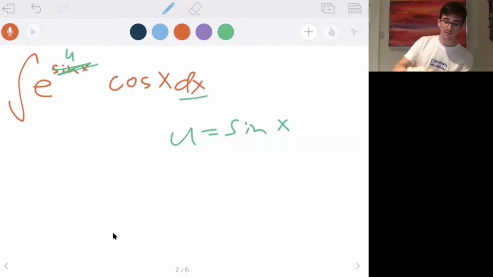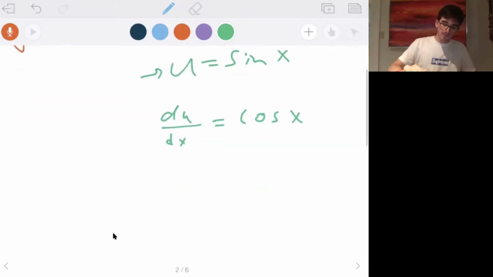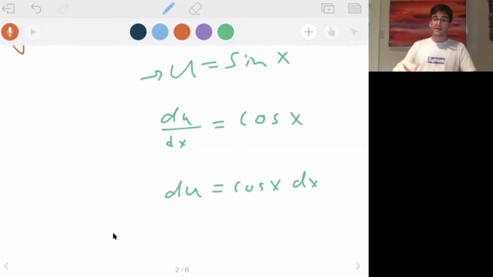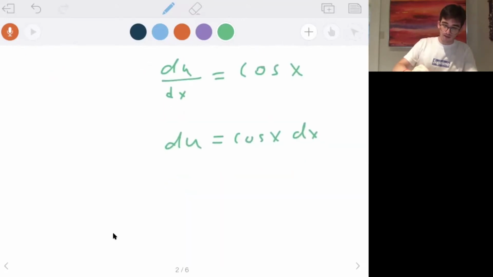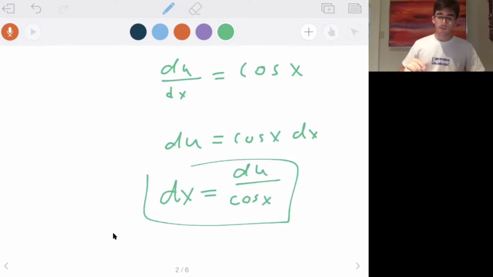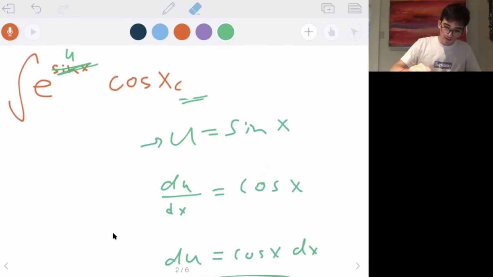The next step is to handle that dx. We're going to rewrite that dx in terms of u's. We can say that du dx equals cosine of x, just by taking the derivative of your u expression. Now we can rewrite this to say that du equals cosine x dx. Great. We're getting there. Now what we need to do is divide the cosine over to get dx equals du over cosine of x. This is a very important step because now we're going to substitute dx back up here. So instead of dx, now we have